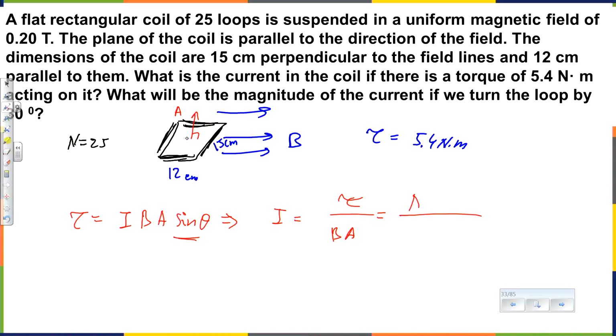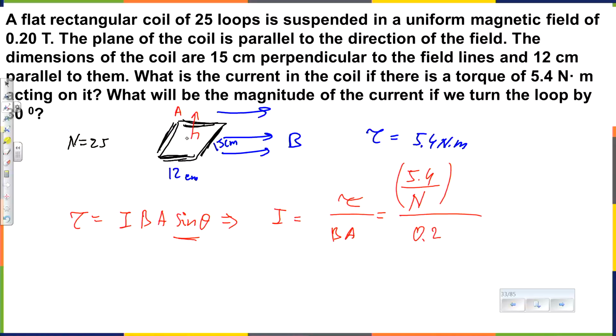So it should be the number, so actually that's what we should do. 5.4 divided by the number gives the torque acting on a single loop, and that should be divided by magnetic field